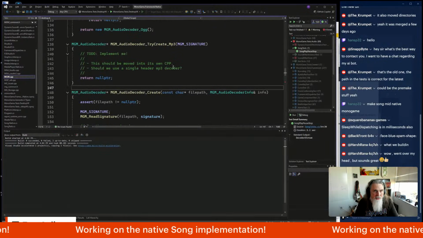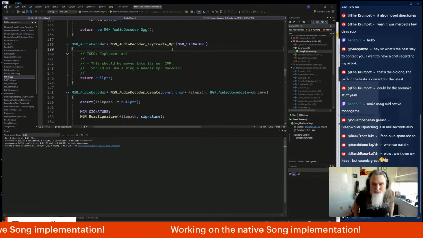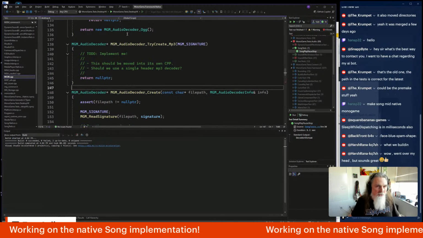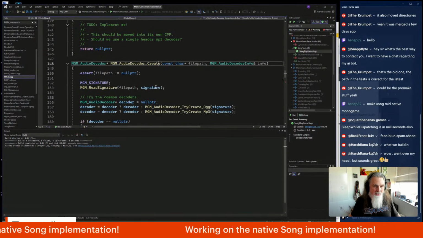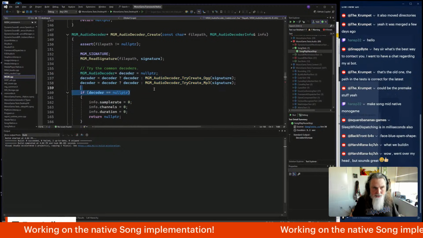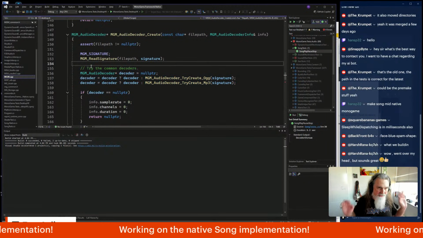So yeah, the next step would be implementing this path, a decoder for MP3. If we have MP3 and OGG, that's like most of what anybody's going to have with their sound stuff. We could add some more formats, and that's the plan. And then once we have this, we could add in a couple more formats that might be useful if somebody wants to add another format in here,